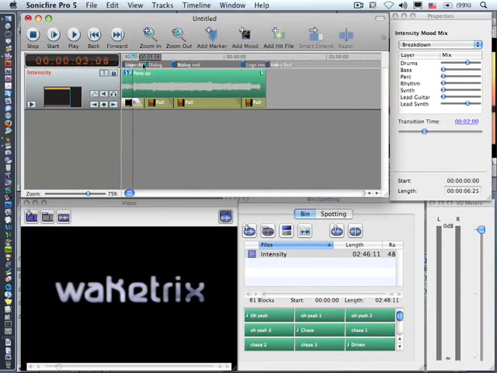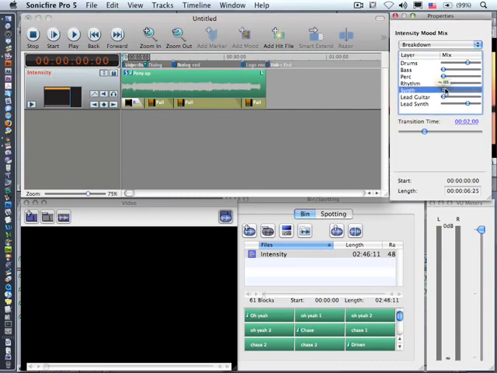In this case, it's just drums. It's a little bit too light, I think, so I'm going to change it by taking the synth up and adding some synth to this. And now when we play it,